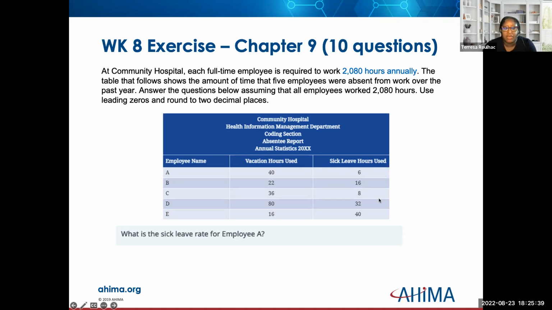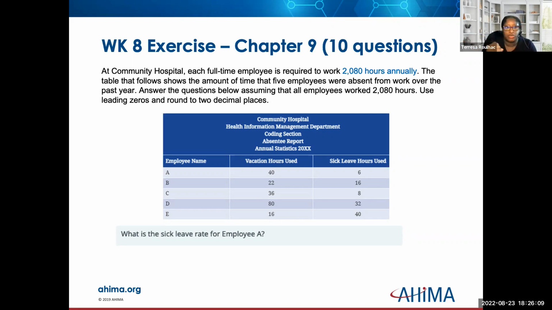With this week's apply and reflection, you do have 10 questions, okay? And they are going to be based on the scenarios that you've been given. Not all of them, but a couple of them. So I randomly picked different questions to work through so that as you're navigating through your homework, your apply and reflection, your knowledge checks, you have a reference, okay?